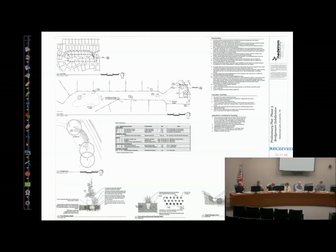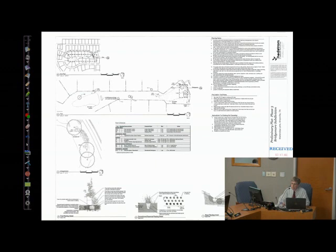I think they were only showing one flowering tree on the smaller of the basins, and I think they need 3 or 4, and I think they were maybe one short on the larger basin. But the requirement on that type of basin, typically it's one tree per 20 linear feet around the top of the basin. But since this is an actual water feature, it's going to be a lake type feature there. It's going to have water in it all the time. That type just requires 1 per 40, but it still requires the minimum of